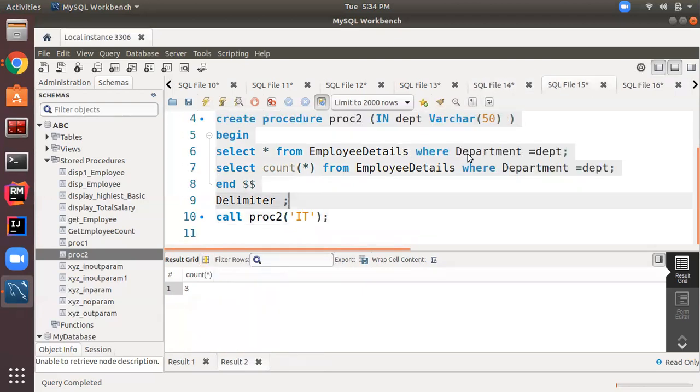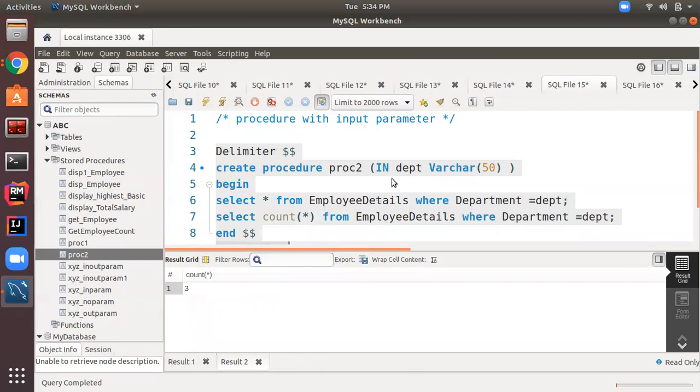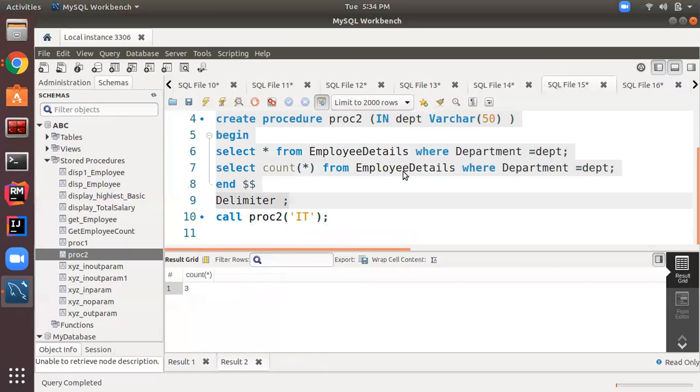In the second type, we created a procedure with input parameter department, which fetches the records of that particular department and counts the number of employees present in the given department.